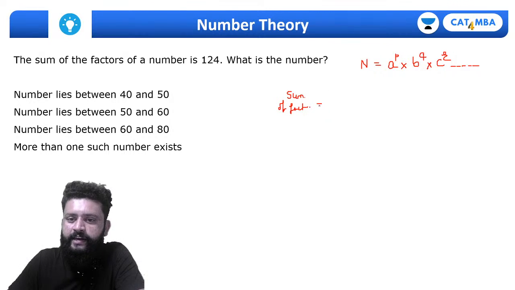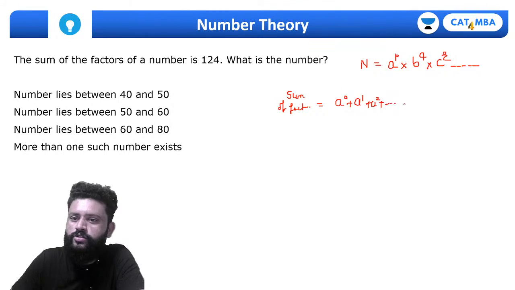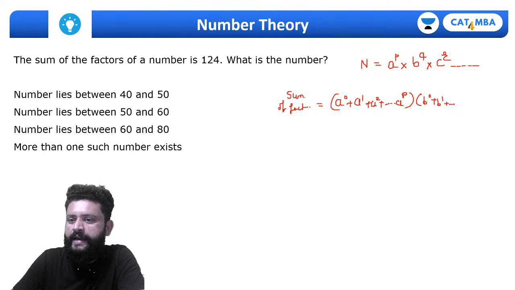Okay, just let me quickly tell you what the formula is. a to the power 0 plus a to the power 1 plus a square plus and so on till a to the power p. फिर तुम्हें सेम चीज ऐड करना है, b to the power 0, b का पावर 1 plus and so on b to the power q तक। Then same चीज c to the power 0, c to the power 1, then c to the power r तक।